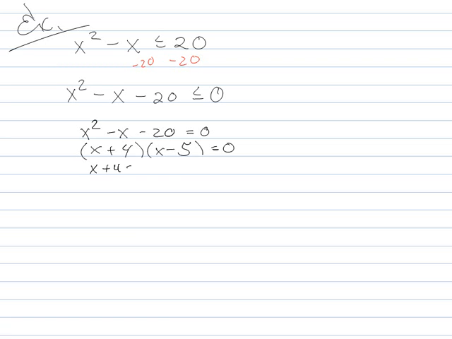So x equals -4, and then x equals +5. So I'm going to plot these on my number line. I'm going to move my number line down a little bit. Plot these on my number line. I've got a 0, and I've got a 5, and I've got a -4. So I'm going to line this puppy up